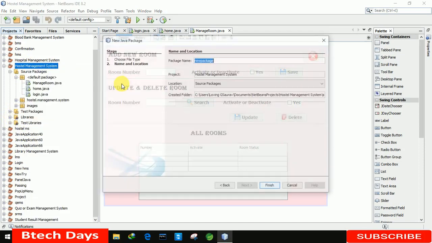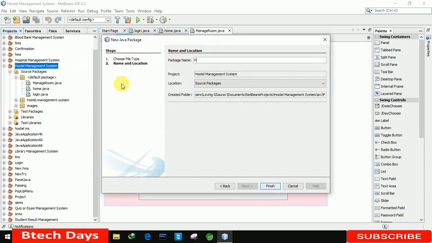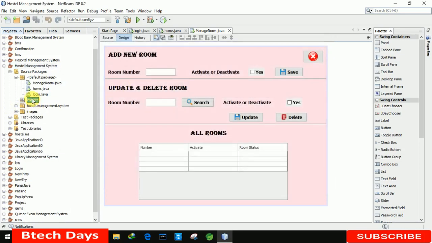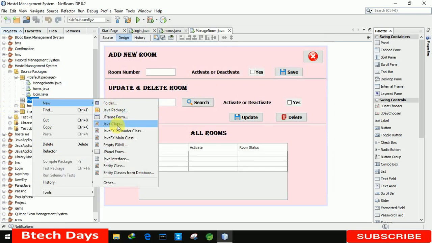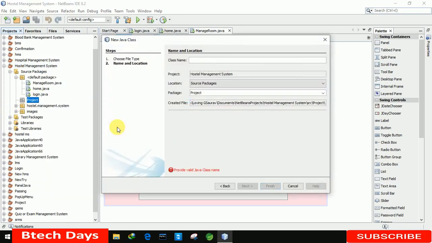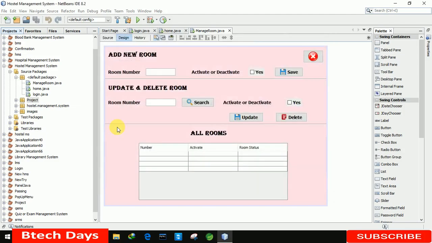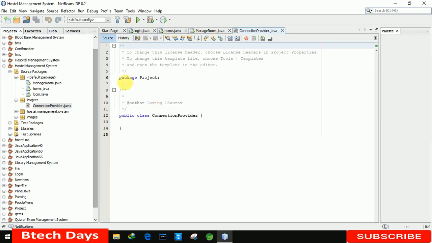After that we just need to create a package in this project. So I'm creating a package and renaming it as project. In this I'm creating a connection provider class, ConnectionProvider. Clicking on finish, you can see the class has been created. Now first we import